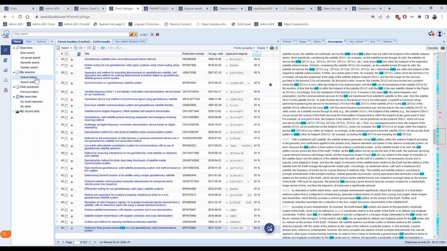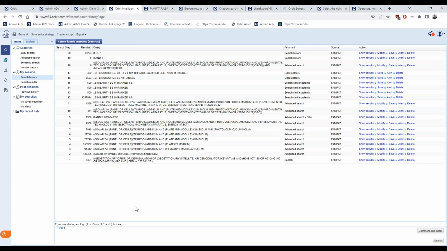From the search history, you can combine the search steps with the numbers of the steps, or you can simply say, okay, I take search step number 8 as a reference, and you can put a syntax, so not, and maybe put filter.